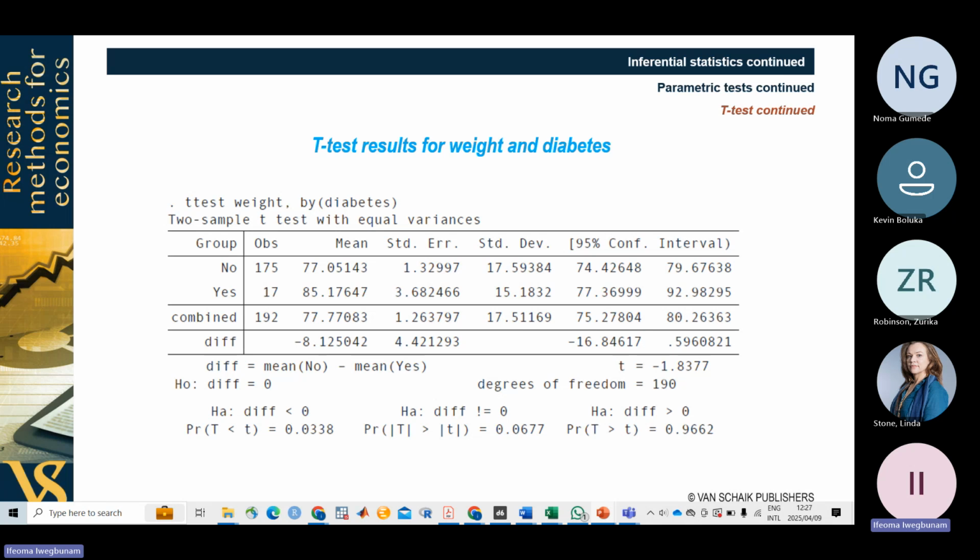So with the p-test results, which is at 0.067, which is at 10%, it is very weak, though it's significant, but it's a weak significance, which shows that